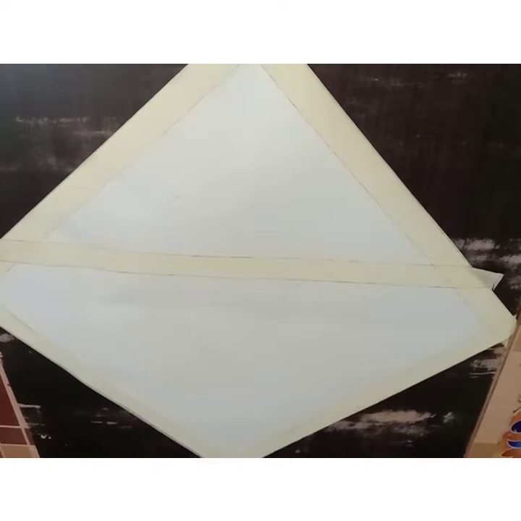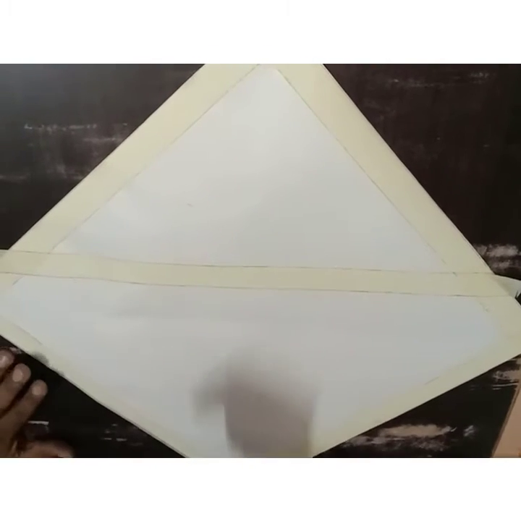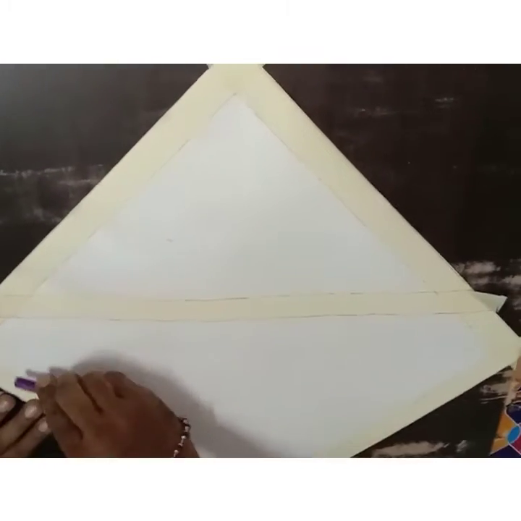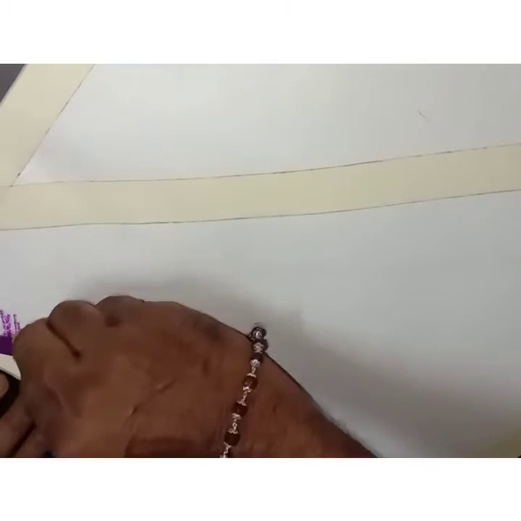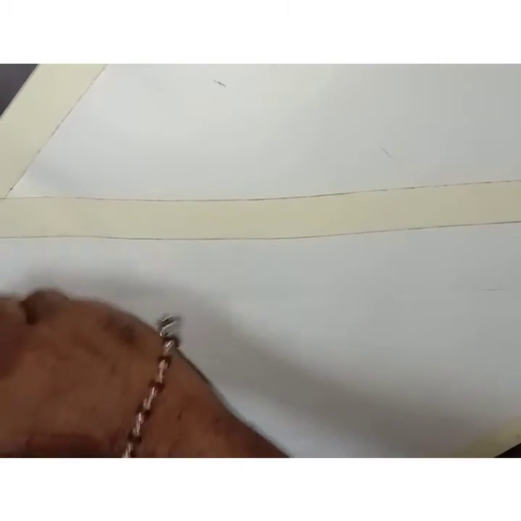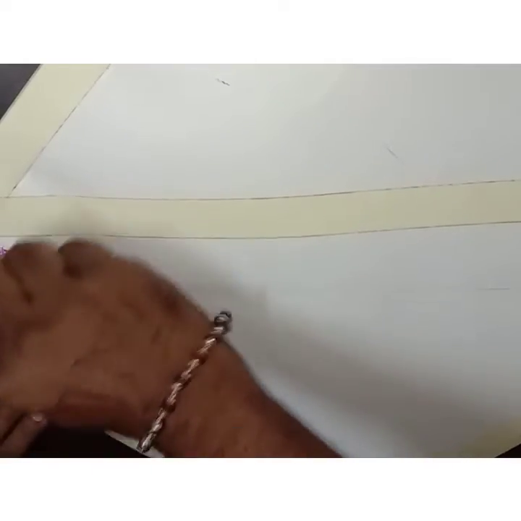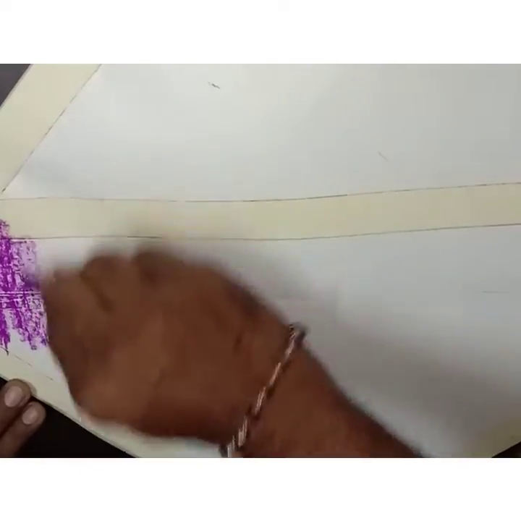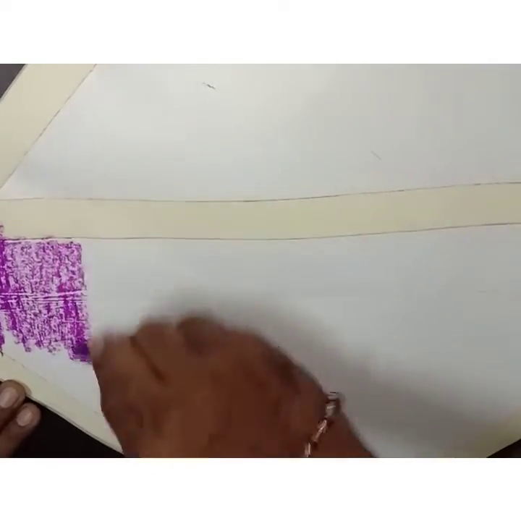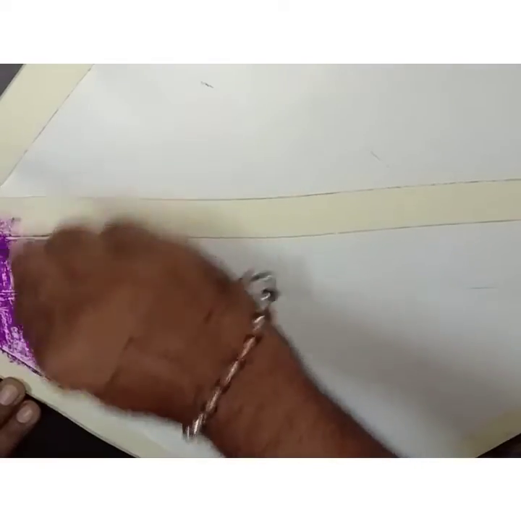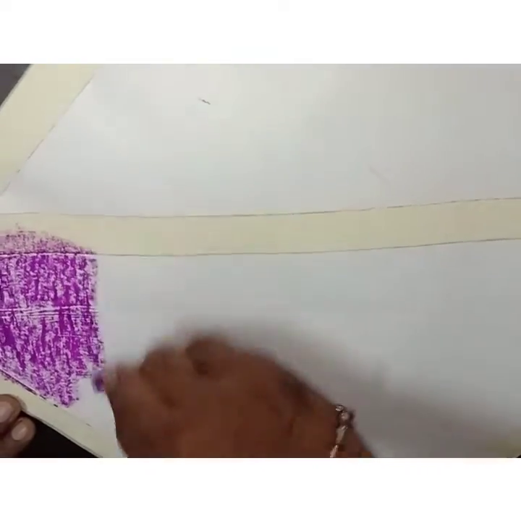First of all, we are going to take a light violet color, and we are going to give it in one stroke only. When you are using the stroke, you are not going to change the stroke. Don't change the stroke while coloring. In a straight standing line you will complete the light violet color in this way.